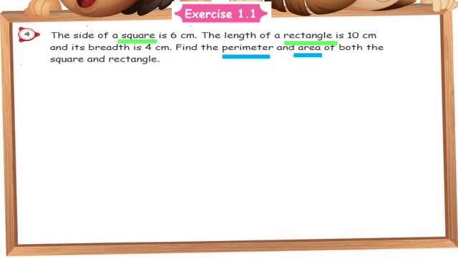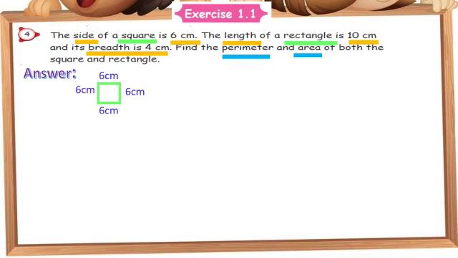What is given? Side 6 centimeter for square, and length 10 centimeter and breadth 4 centimeter for rectangle. So all the details are given. From that we are going to find out now. Start our work. Draw one square shape and mark 6 centimeter on all sides. Given portion, isn't it? So start with square. This is the first one. So square, side is equal to 6 centimeter.